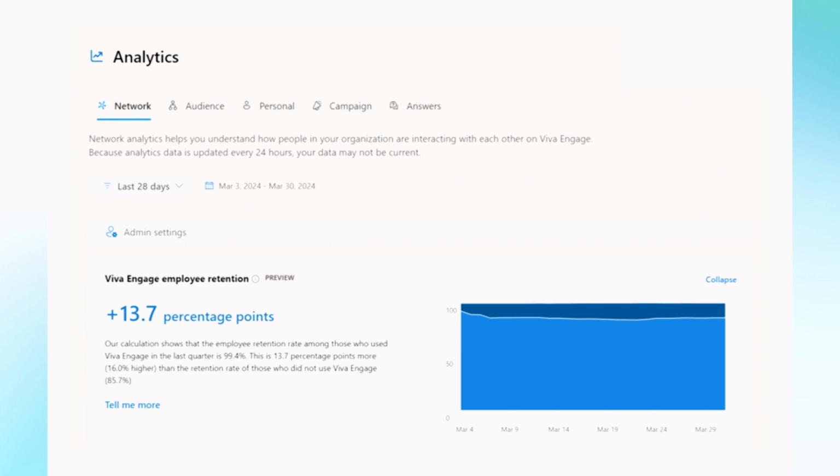And one thing I want to say is, there's analytics at every level in our system. We've got conversation analytics, community analytics, campaign analytics, AMA analytics. We've got personal analytics for what I'm doing. We've got audience analytics for what a leader's audience is doing. And we've got network-wide analytics. Oh, and we've got Answers Analytics. I may have named them all, but I'm not quite sure. But what I'm going to show today is network analytics, which are available to admins and corporate communicators.